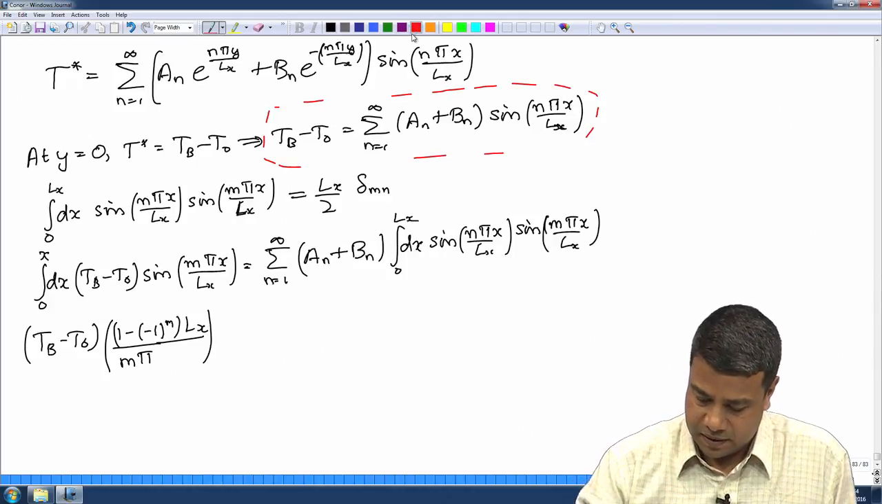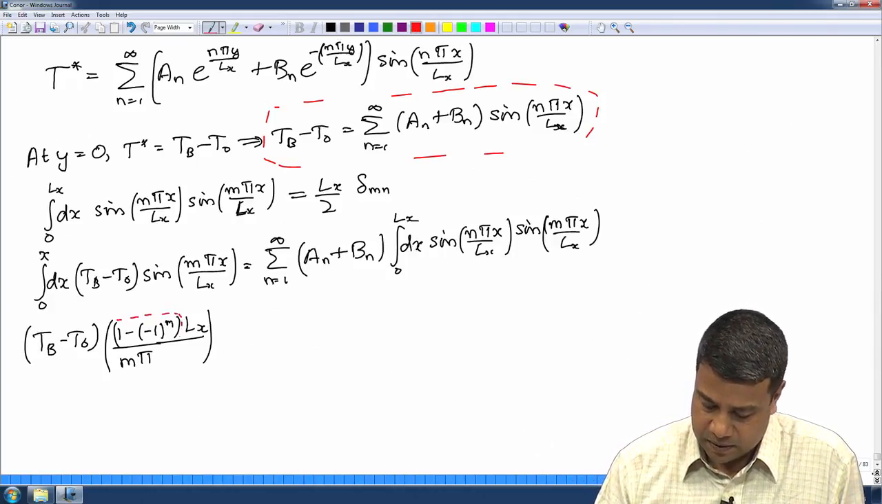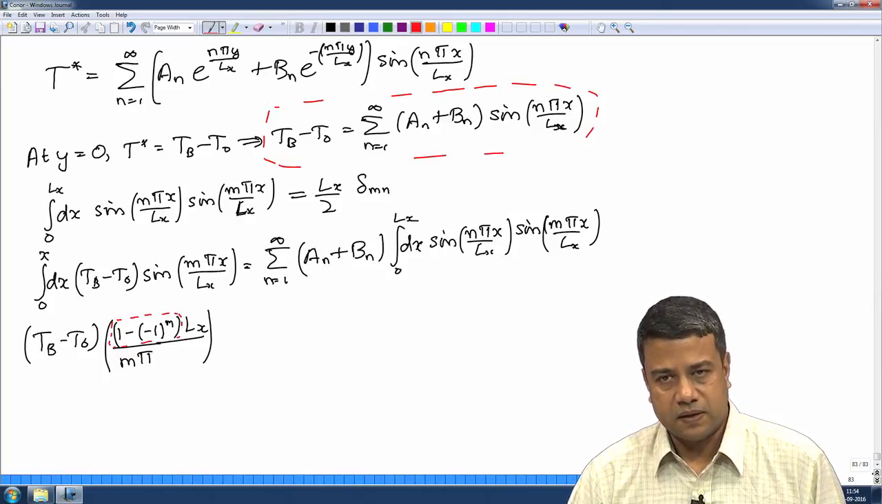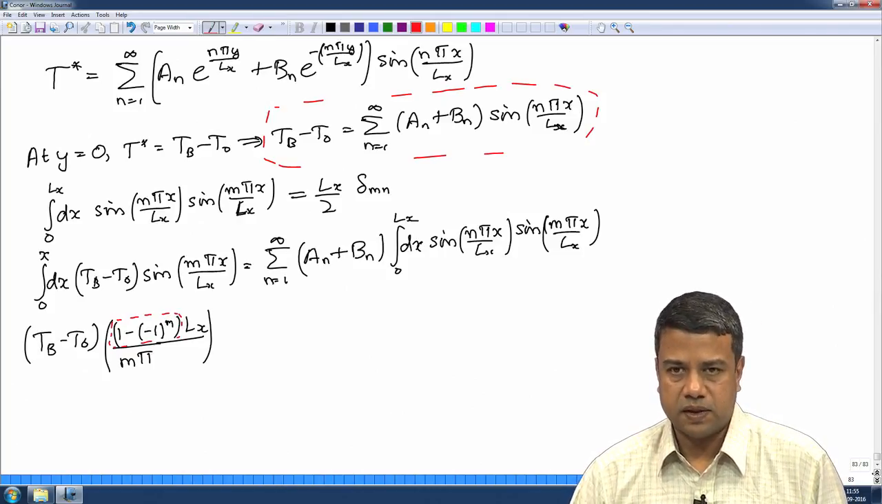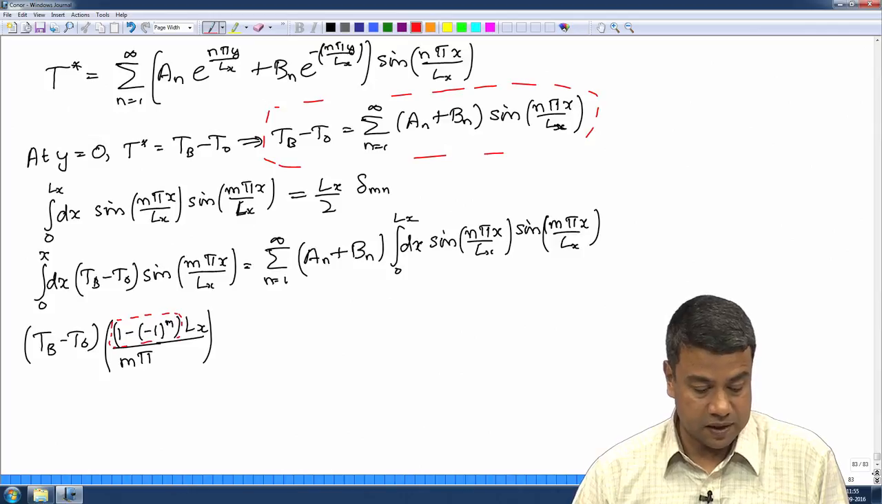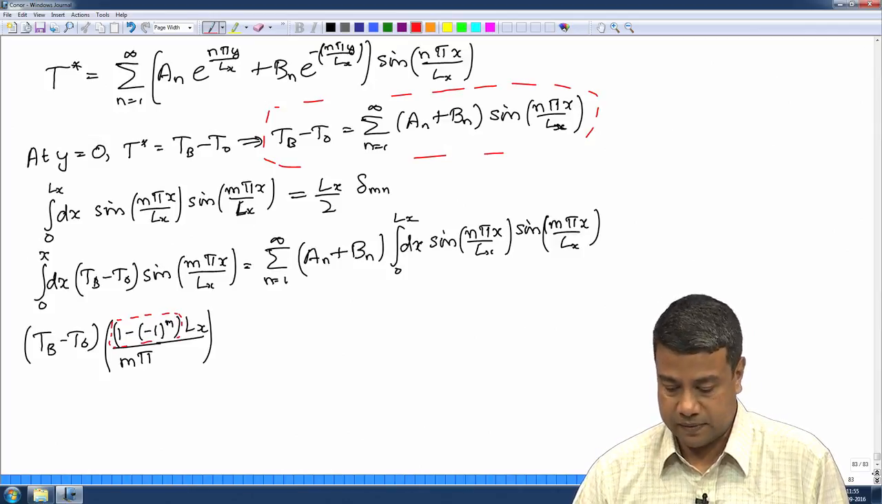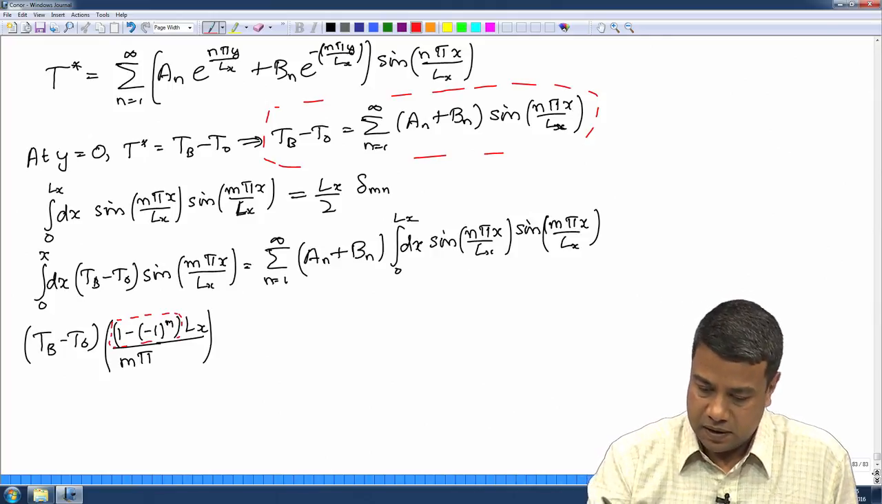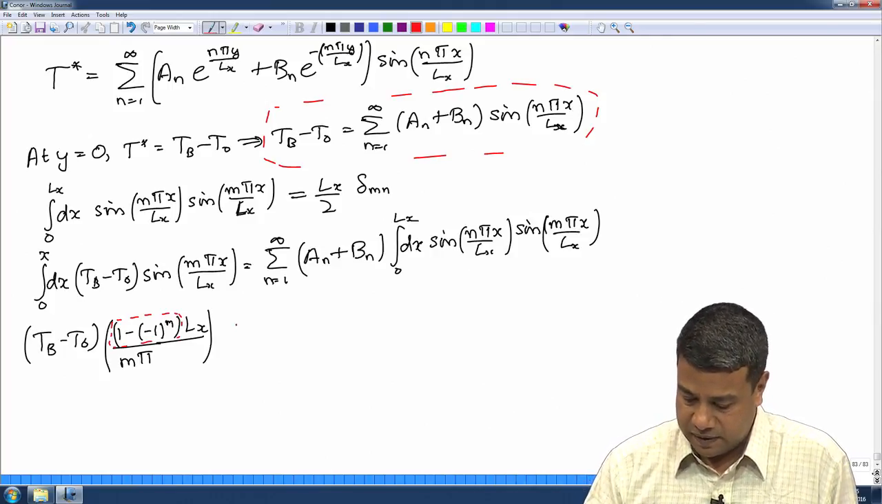So, this factor here is 1 minus 1 to the power of m. If m is odd, this is equal to 2. If m is even, this is equal to 0. So, this integral is non-zero only for odd m and is equal to 0 for even m. So, that is the value of the integral, and on the right side I have